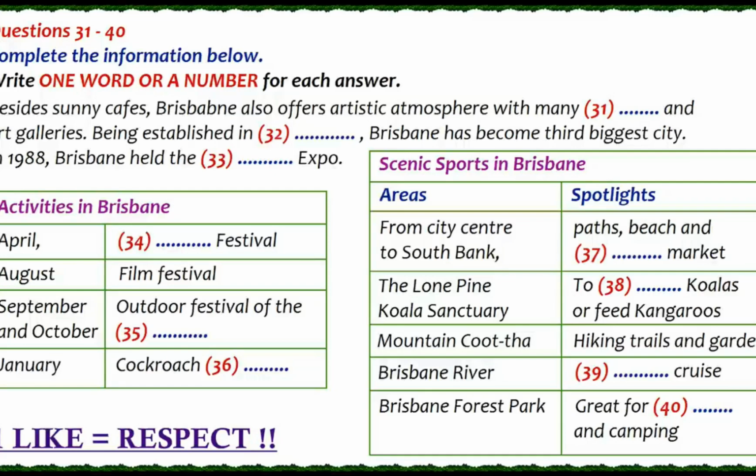Today in our Around the World programme, Mr. White is going to recommend a charming city to you, Brisbane. Good morning, ladies and gentlemen. Have you ever been to Brisbane? Well, if you are looking for a mild climate, a relaxed atmosphere, and a lot of culture, Brisbane might be the place for you. Its sunny cafes and offshore islands attract surfers and sun lovers, but it is also the